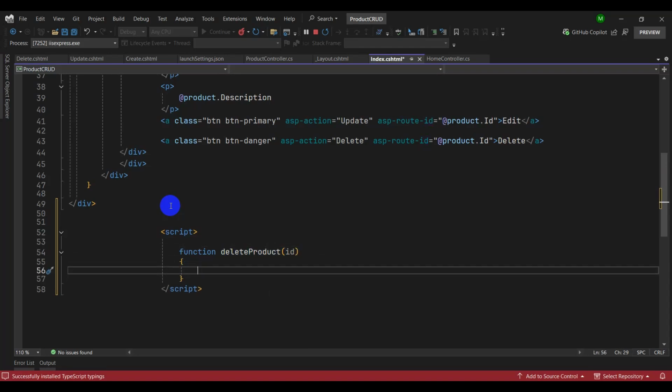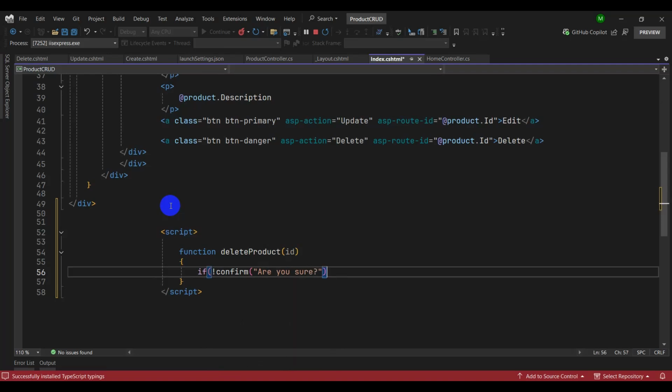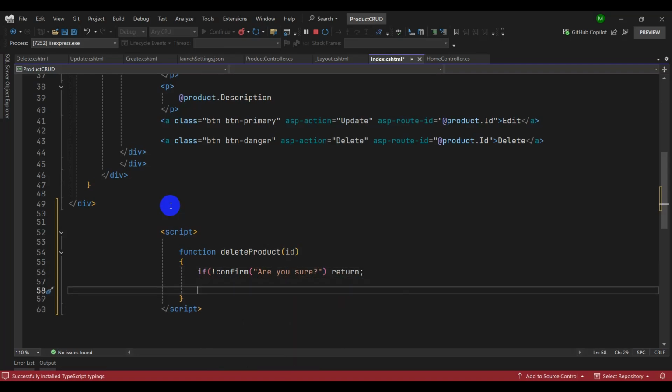Let's display a confirmation dialog. If not confirm, are you sure, then return immediately, otherwise let's call